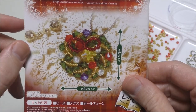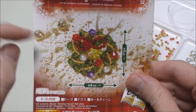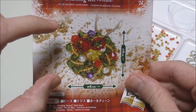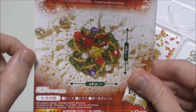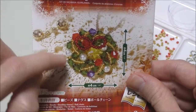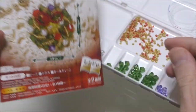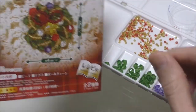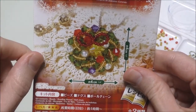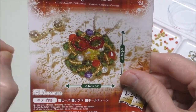This is one of the older Daiso beading kits. I think it was the one from last year that I didn't do, along with a Christmas tree. However, we're going to focus on the wreath today, and seeing as this is one of the older kits, it is much easier than the new ones. The beads are bigger and there are fewer of them, so we should be able to get this done in just one video. Now, the first thing we need to do for this one is to get 100 centimeters